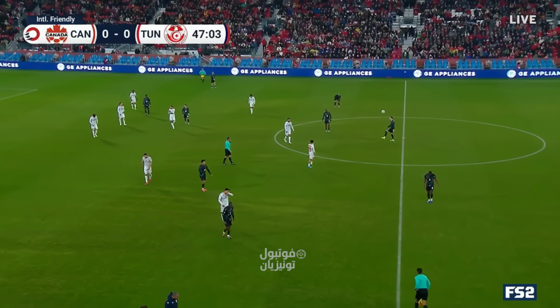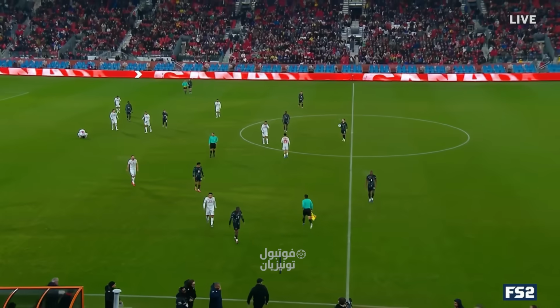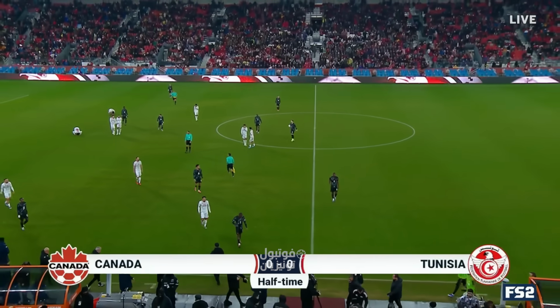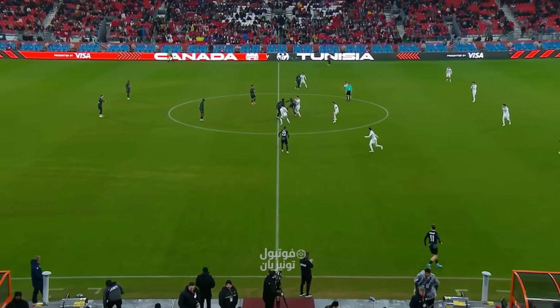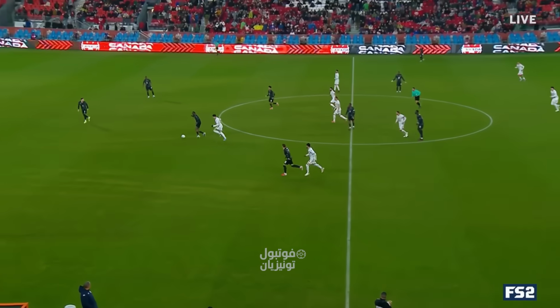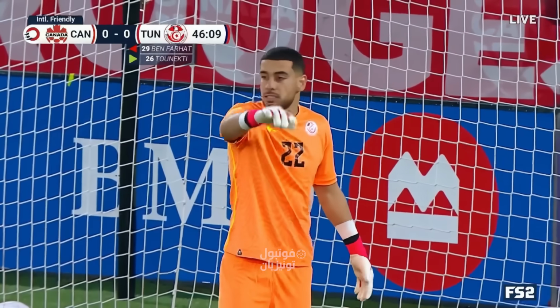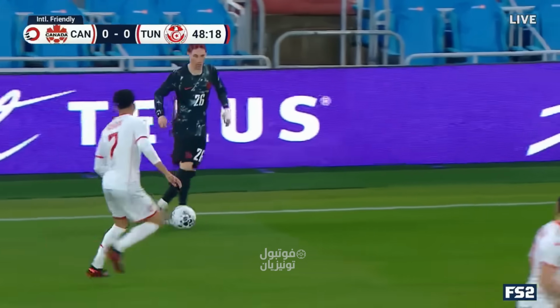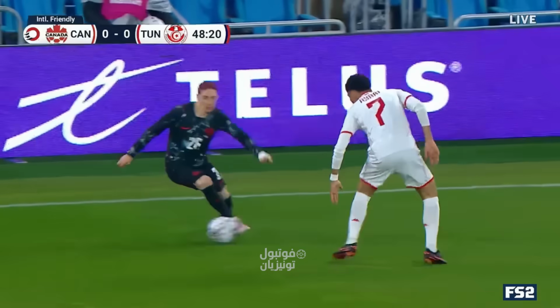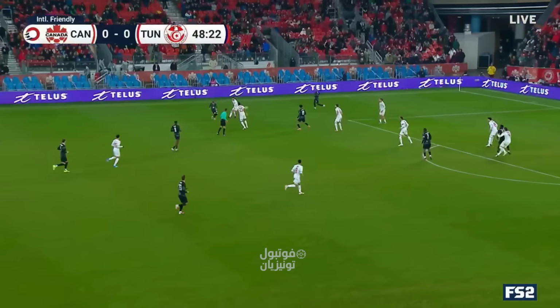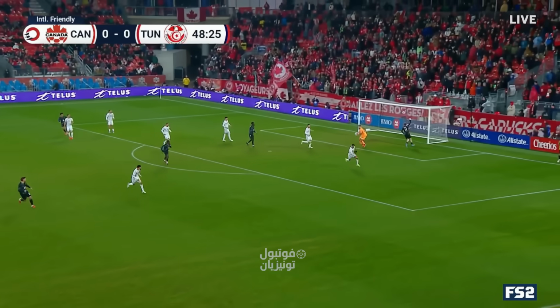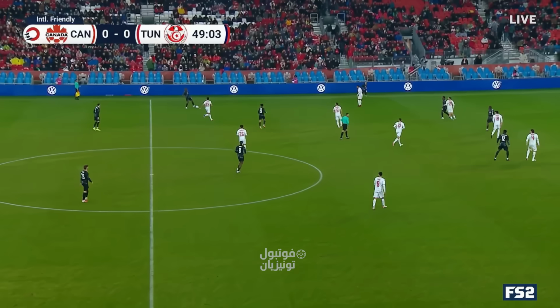And that is the end of half number 1 at 0-0 between Canada and Tunisia. So it looks like 2 changes for Tunisia at halftime, with Sebastian coming out with Flores. Ayari launches on. He does need to be careful now on a booking. There's a ball in. Miller likes the opportunity.